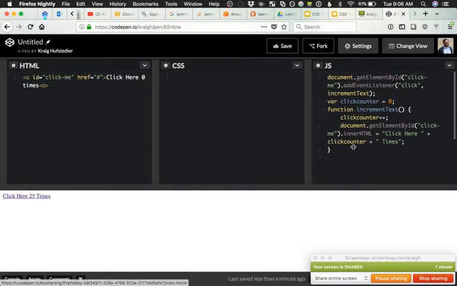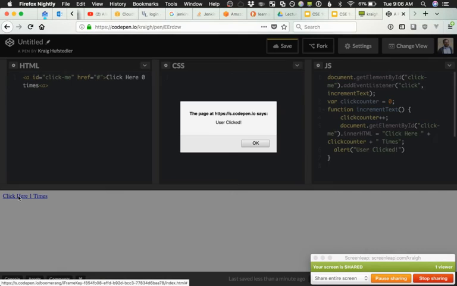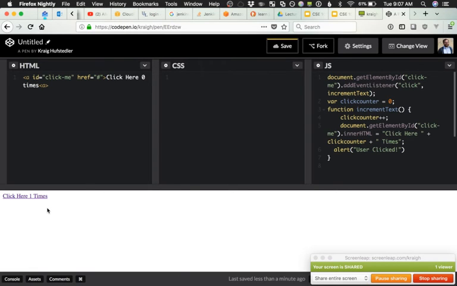We could do anything in this console log. We could alert and say user clicked. So now when we click on it, we'll get an alert that we clicked, something along those lines. You can do anything that you want inside that function, but it's going to happen every time your event happens. Okay, so that wraps